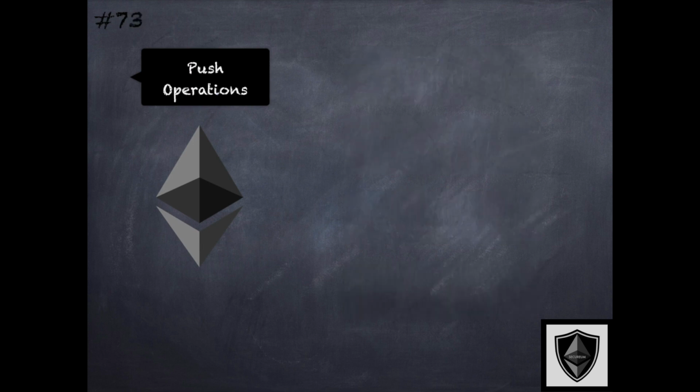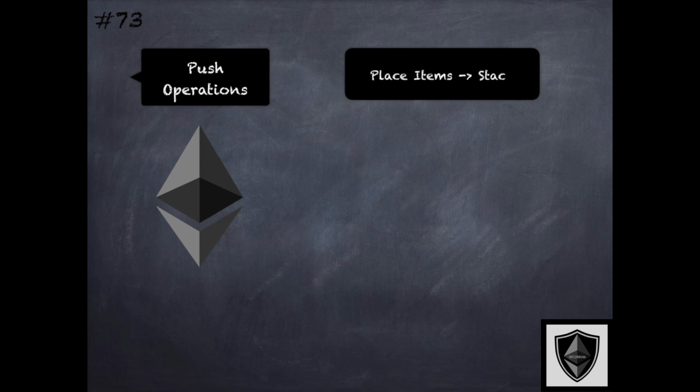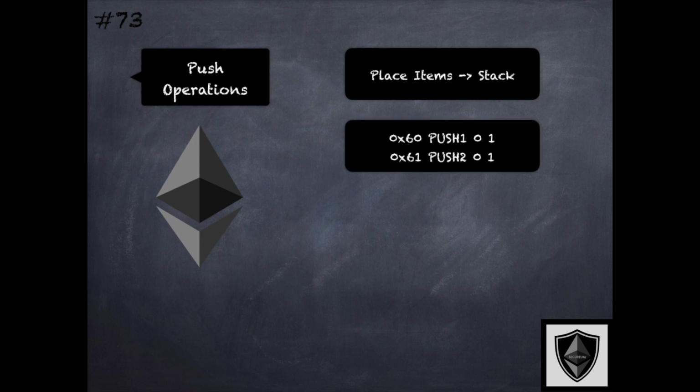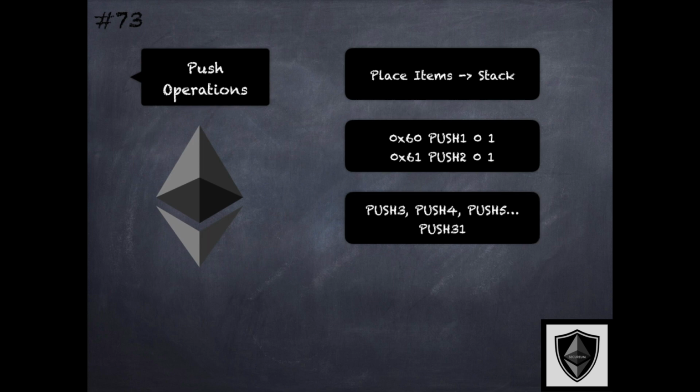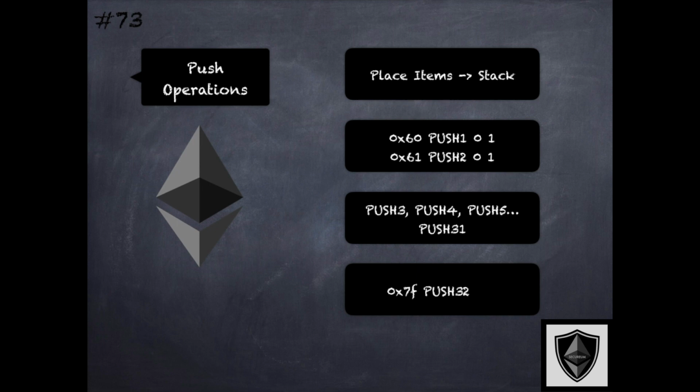The next set of instructions are specific to the stack. They are the push operations. These instructions push operands or place items onto the stack. And depending on the number of items placed, there are 32 such instructions. Push 1 pushes a single byte onto the stack. Push 2 pushes 2 bytes. And all the way to push 31 that pushes 31 bytes onto the stack. And finally, you have the push 32 instruction that pushes a full word, 32 bytes or 256 bits onto the